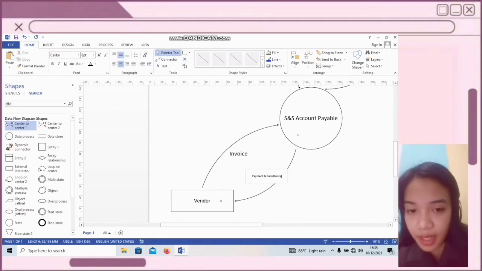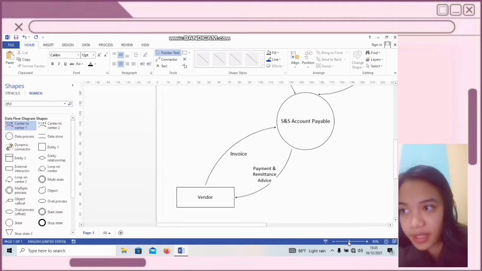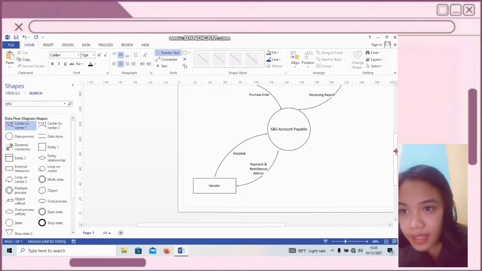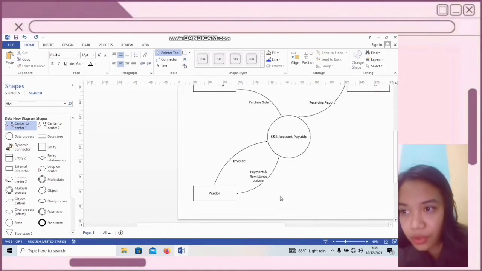And adjust the size of the text. This section explains that the vendor invoices SNS and then SNS provides payment and remittance advice to the vendor.